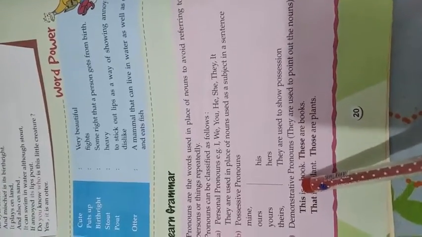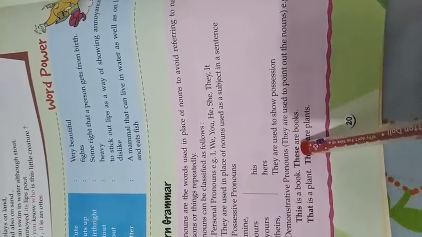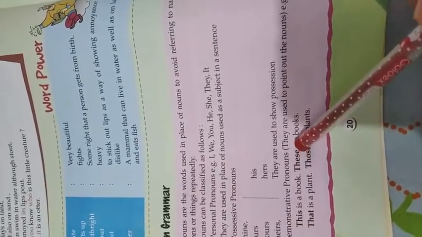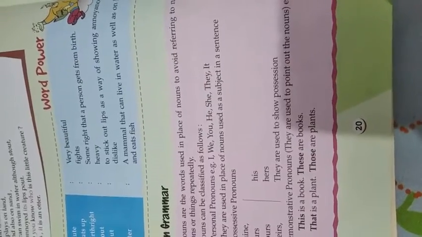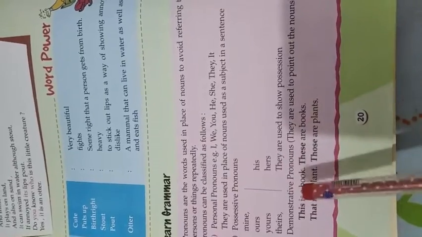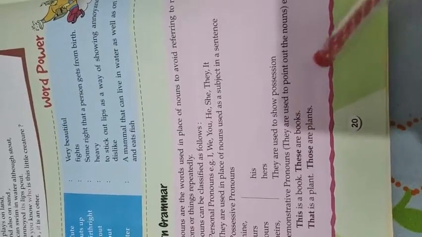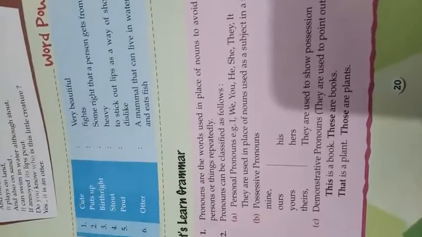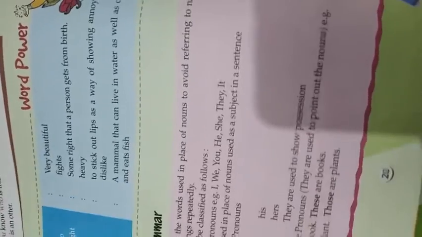Understood? And we use this and these for people or things that are near to us. And we will use that or those for people or things that are further away from us. Understood? Yes, demonstrative pronouns are used like demonstrative adjectives also. We will learn that in the next exercise.